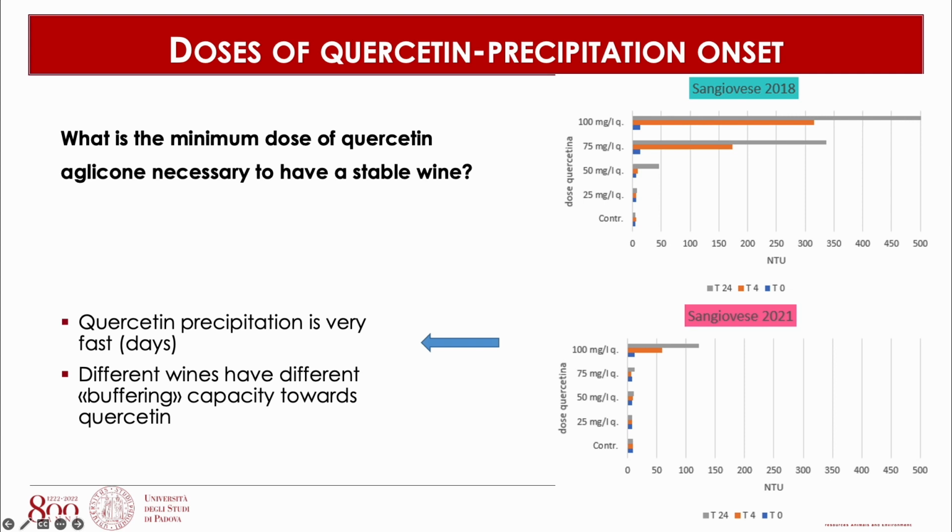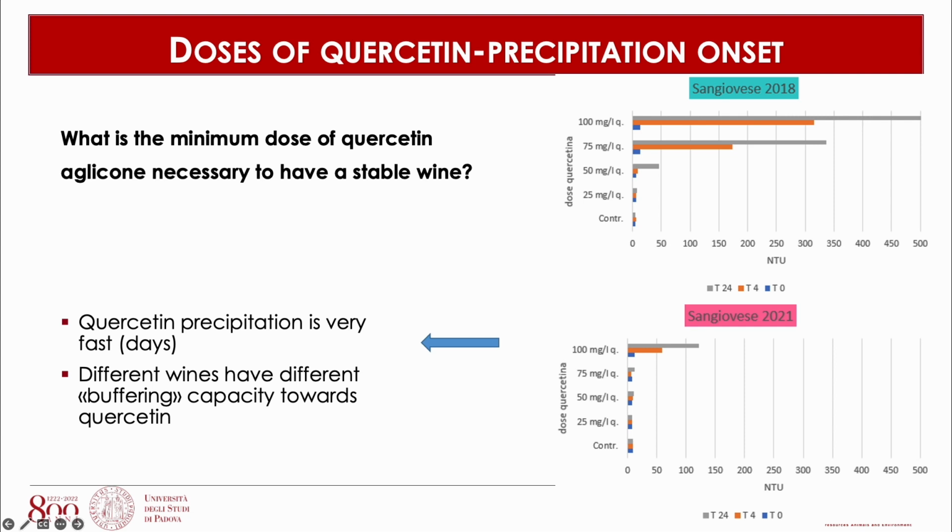In this wine, the behavior is completely different. This wine has a lower capacity to keep quercetin in solution. So from this experiment, we can take two main considerations. One is that the precipitation of quercetin is very fast. We measured at 4 hours, 24 hours, then obviously even in the days after, but we didn't notice